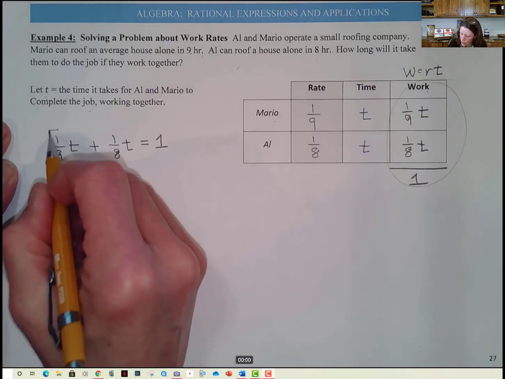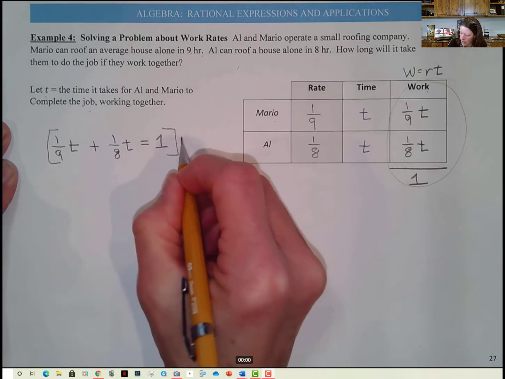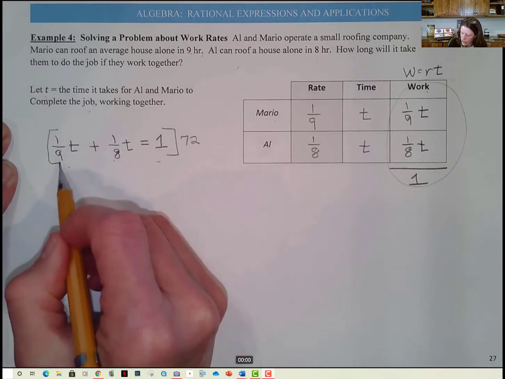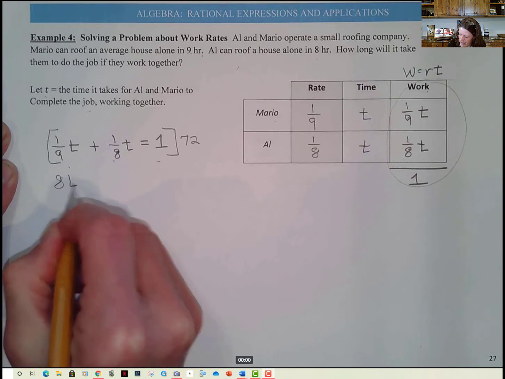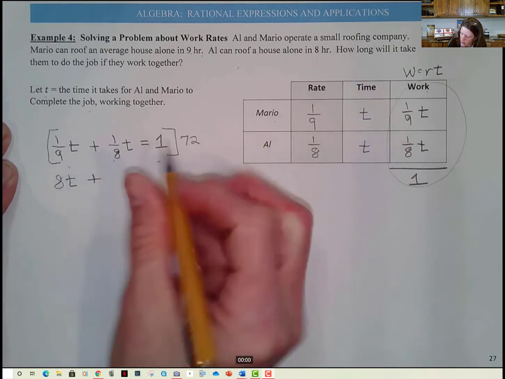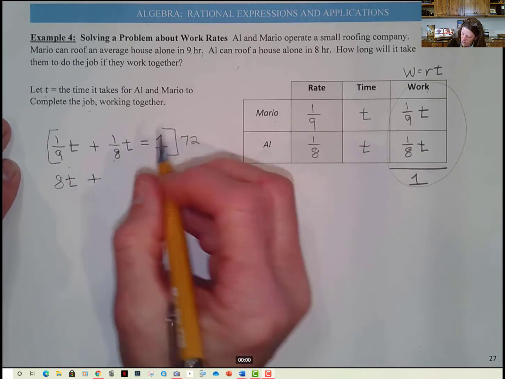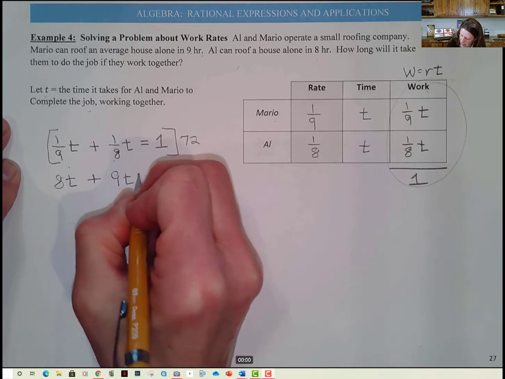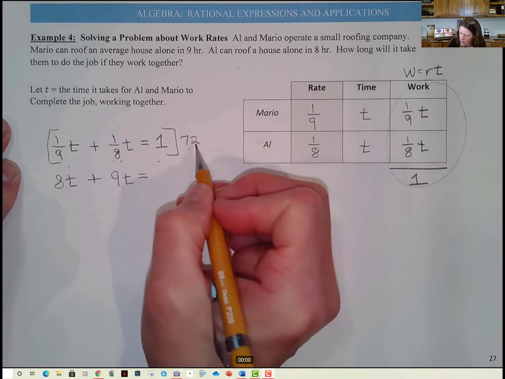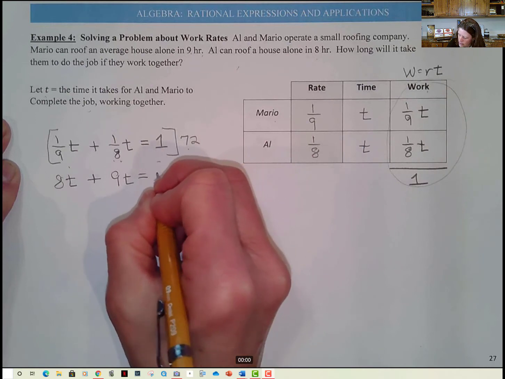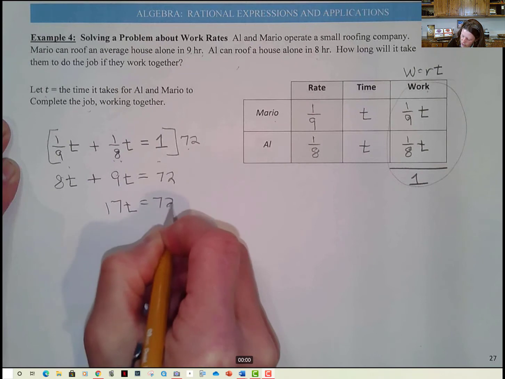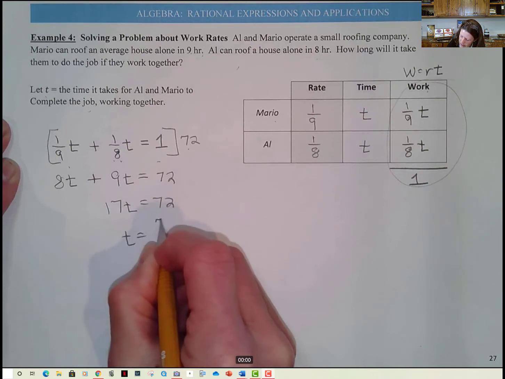Well, let's solve this equation. I'm going to multiply each term by 72, the lowest common denominator. 72 times 1/9 is 8t. 9 divides into 72 8 times. 72 times 1/8 is 9t. 8 divides into 72 9 times. And don't forget, 72 times 1 is 72. That's 17t equals 72, or our time is